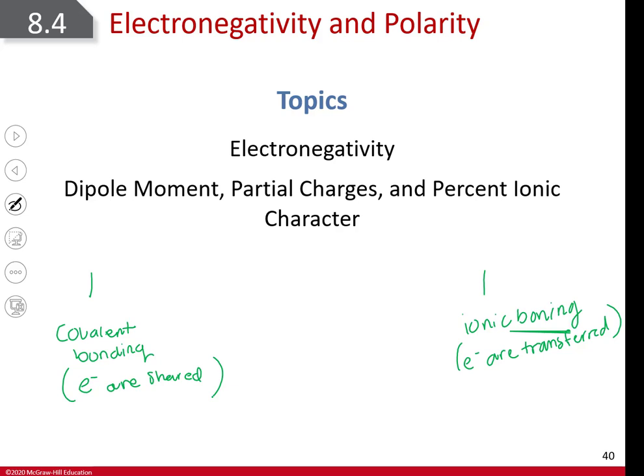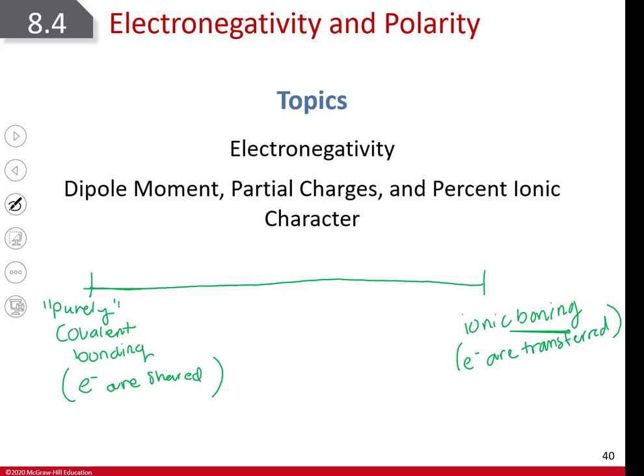So it makes it look, at first, at what we've done so far, and certainly what we talked about in Chapter 2, where we're like, if it has a metal and a non-metal, it's ionic. If it's non-metals, it's covalent. It makes it sound like it's a black and white picture. But the truth is that this is a spectrum all the way across. We're purely covalent, purely